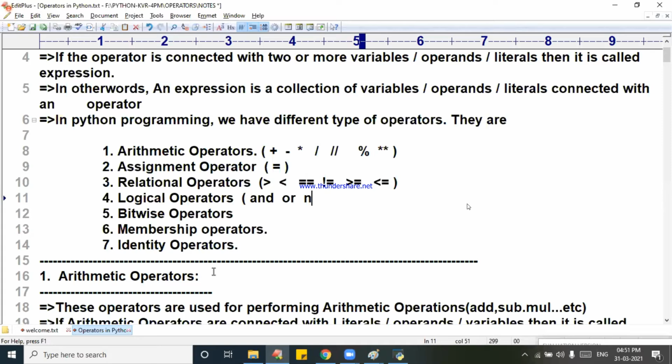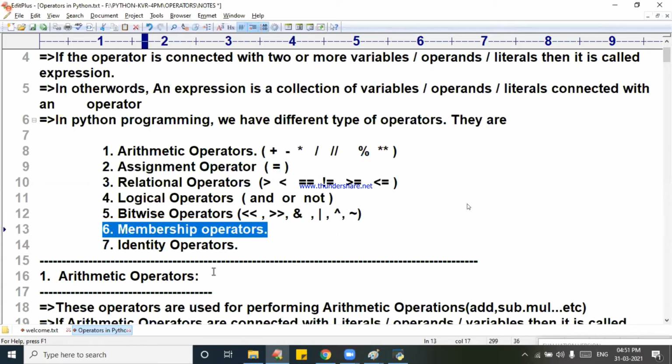Next, bitwise operators also we discussed: left shift, right shift, AND, OR, complement. These are the operators we discussed. And one more is XOR, we also discussed it. Fine. Let us go to the membership operators. Write down. Membership operator.